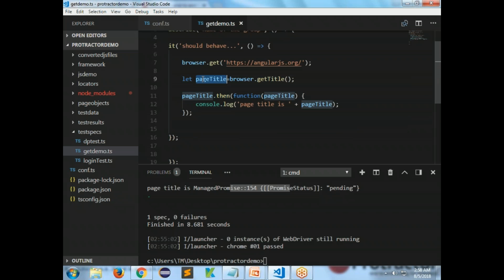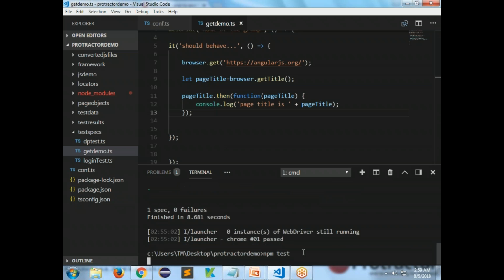That means once you got your promise, now you're telling that the promise has come and what exactly its status is. If it is resolved successfully, this piece of code will be executed. In case of any promise that got rejected, it may error out. We will see how to handle promises when you are writing the test scripts in Protractor. For now, just understand that this is a promise, and by using then you are going to handle it. So if I run the program now,